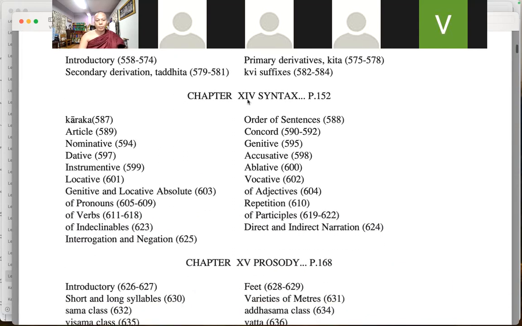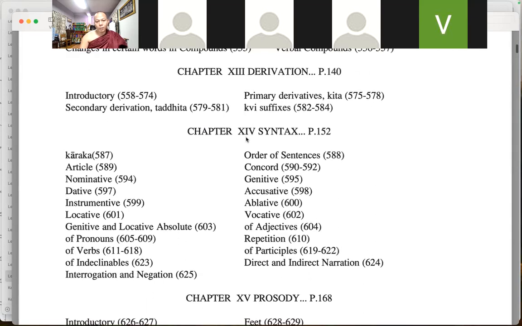And then chapter 14 is syntax. Syntax, we call the karaka, or maybe the order of sentence. It is widely explained: nominative, dative, instrumental, and the locative, genitive, and the locative absolute, and the pronoun, verbs, and the indeclinable, and the interrogation, and negations. So order of sentences, concord, genitive, accusative, ablative, vocative, and the repetitions